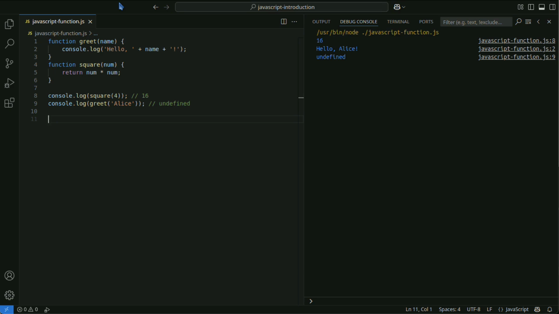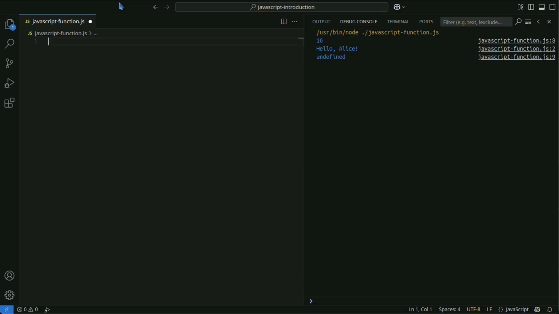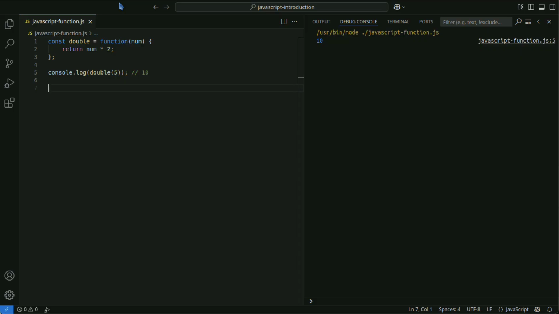A function without a name is called an anonymous function. They are often used as function expressions or arrow functions. An immediately invoked function expression, IIFE, is a function that is executed as soon as it is defined.